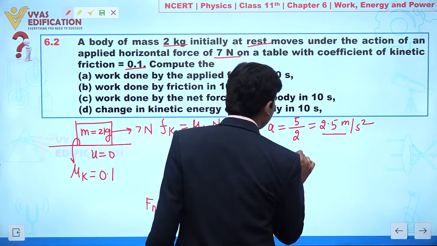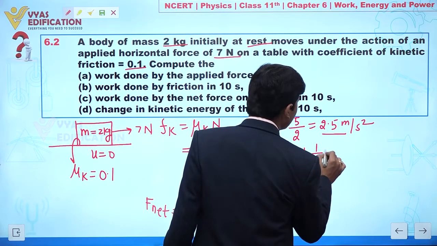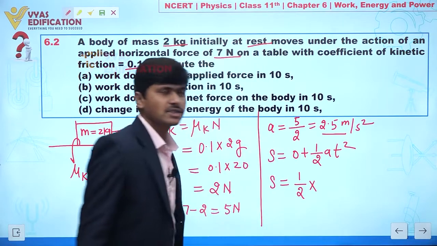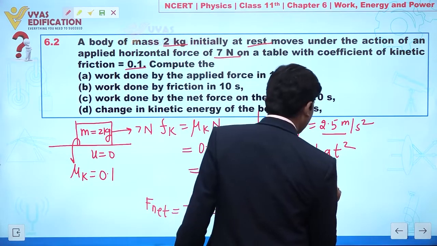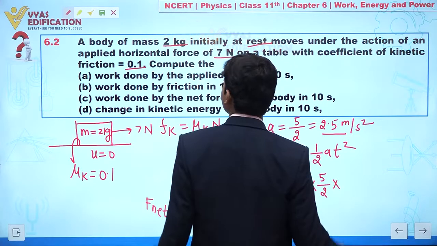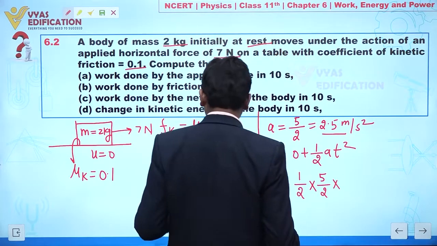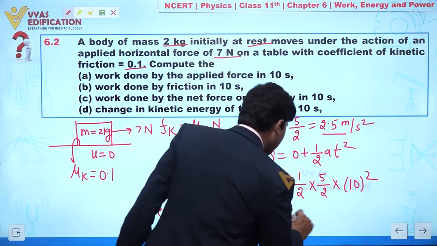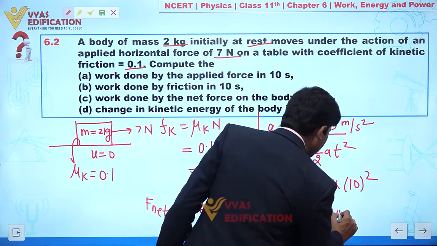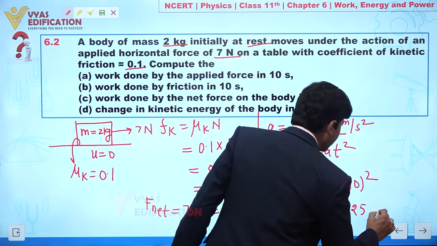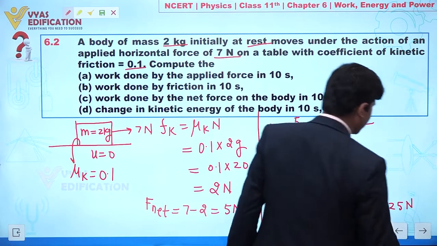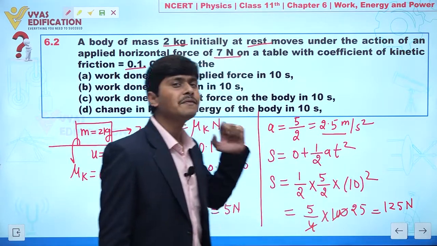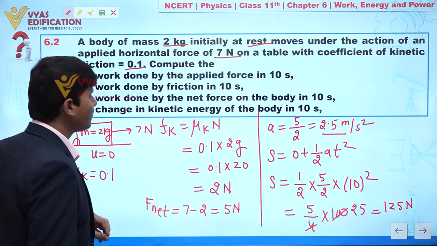So S equal to 0 plus 1 by 2 a t square. Clear? So 1 by 2, acceleration is 5 by 2, and t square, t is 10 seconds, so this is 10 square. Clear? So we can write 5 by 4 into 100, which is 125. So we can say the displacement of the particle is 125 meter. Clear? So now can we calculate here